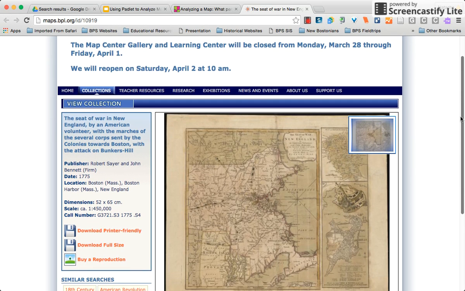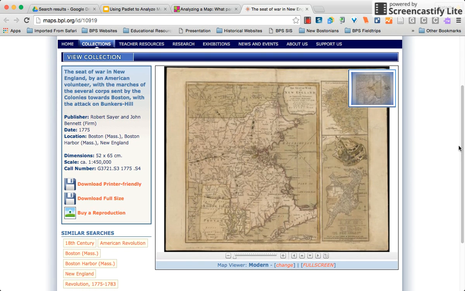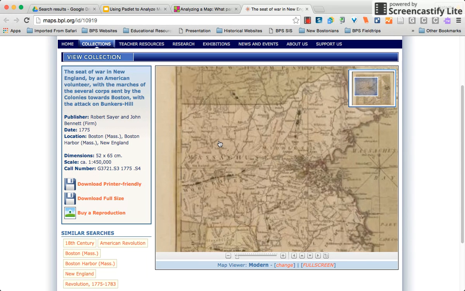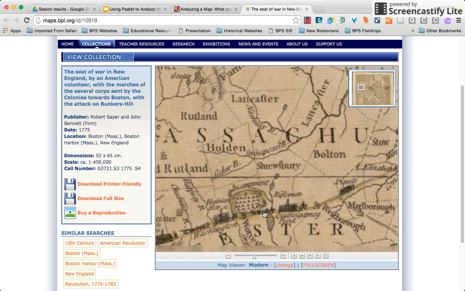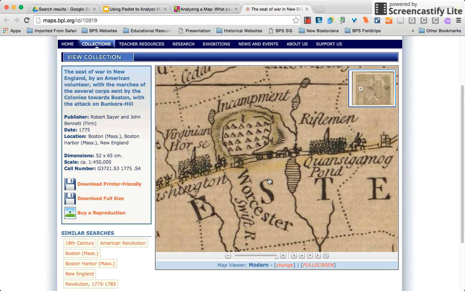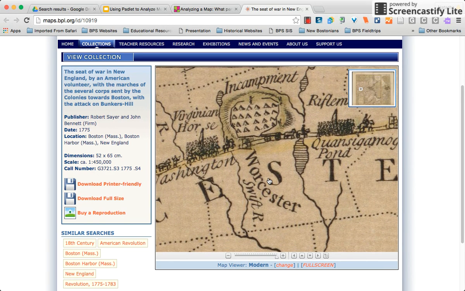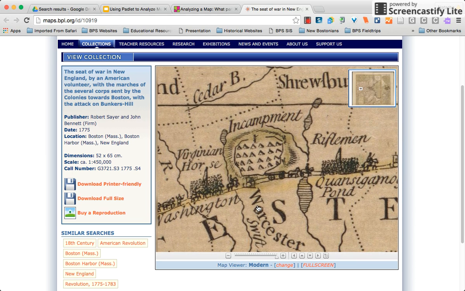And you can see right here, as soon as students open it up, they feel confident that they're in the right location because I included a sample of that map onto my Padlet post. Now, here's where you have the great opportunity of digitalized maps, because as I click, notice I can get closer and closer, actually down to the grain of the map. So from the naked eye, with a printout of the map or even a larger version of the map, you would not be able to see this individual detail,